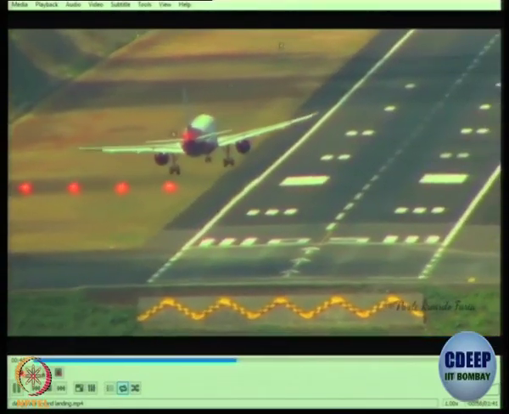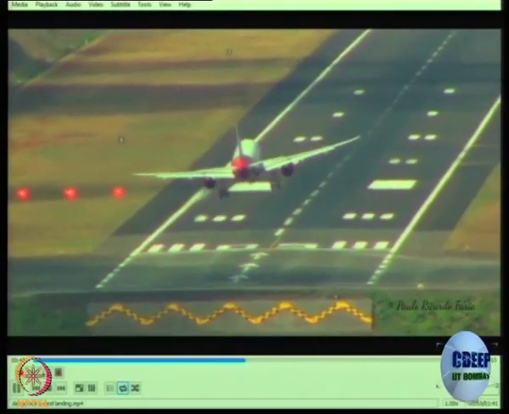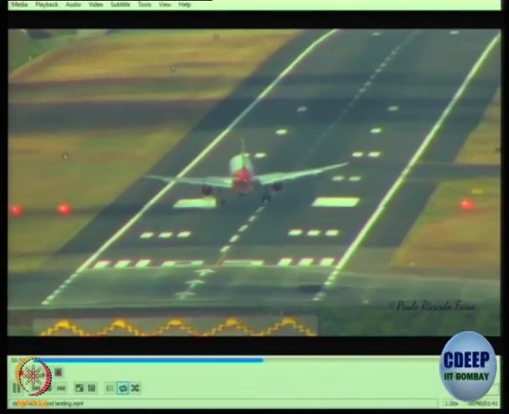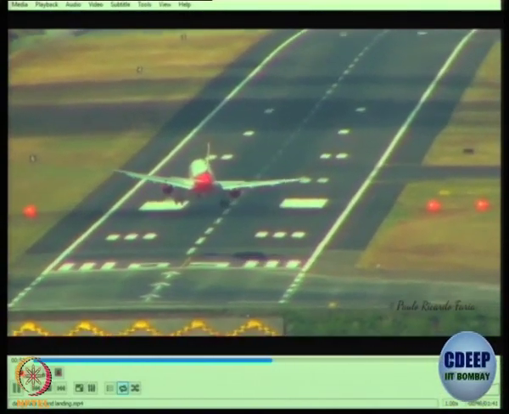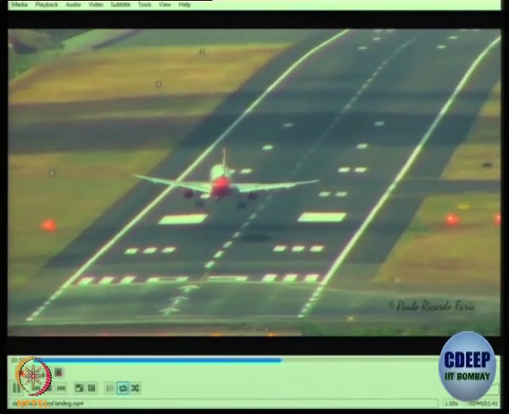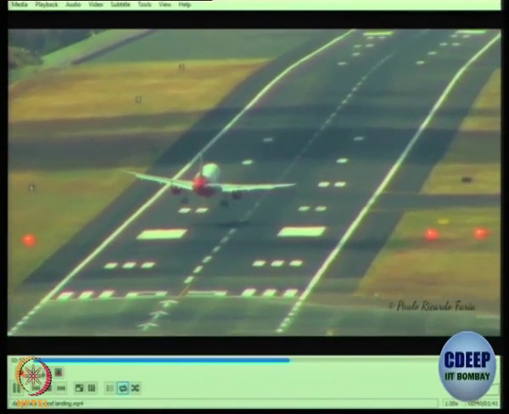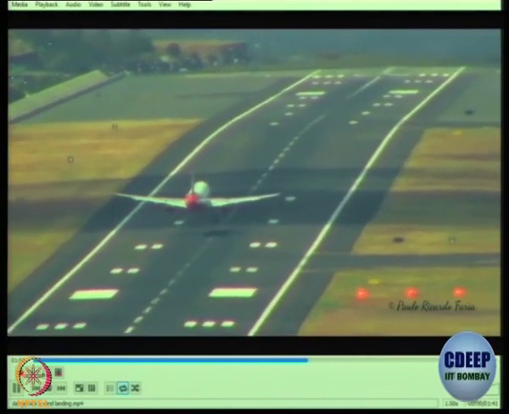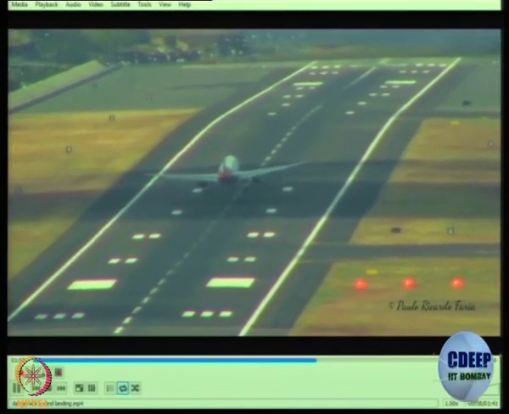And just before landing, again there is crosswind. So now see, look at the right wing now. Okay, the pilot, and look at the runway, it's not straight. It's actually up, flat, and then down.